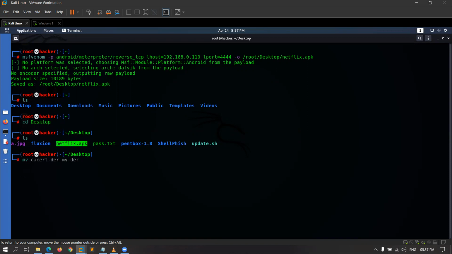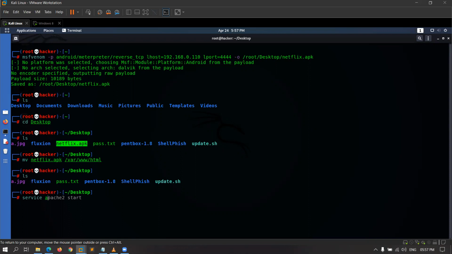So I will move it to /var/www/html. And what I want to move is netflix.apk. Now type ls and you can see there is no APK file.